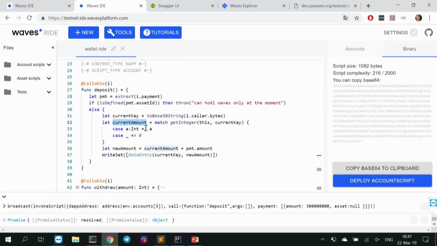Okay, we got the current amount. Now we evaluate the new amount we want to record to the blockchain, and we return a write set. The write set works something like a data transaction. You just build a list of data entries that should be recorded to the DApp state.